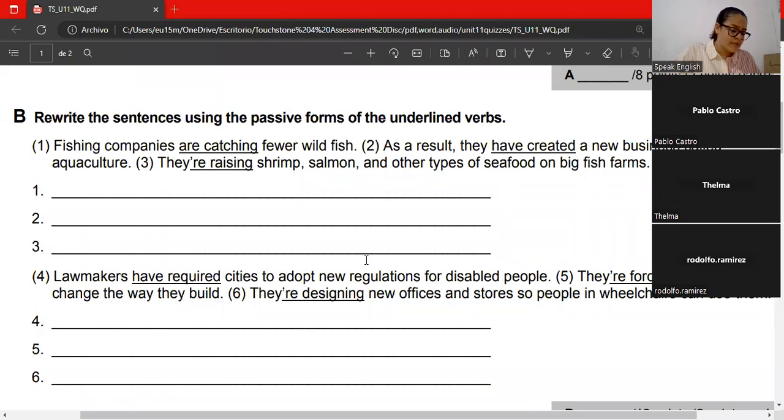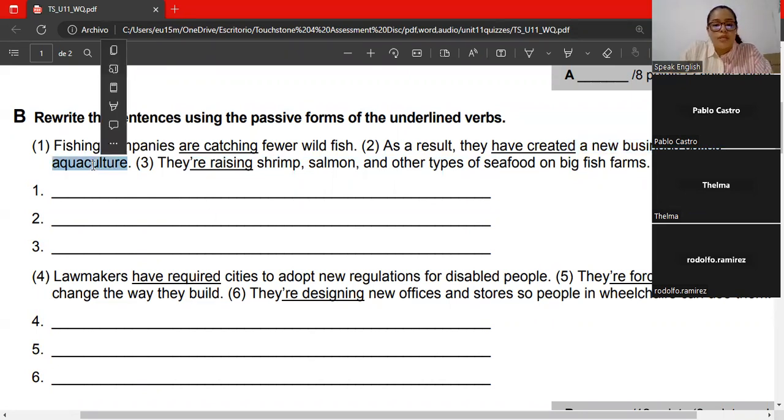Number 2 is incomplete because aquaculture is only the name, but a new business called aquaculture, that is the full object. Okay, you have to identify when you have only one word and when you have an object phrase. ¿Por qué está compuesta object phrase? Cuando el noun no está solo, sino que el noun tiene adjetivos que agregan información. O sea,